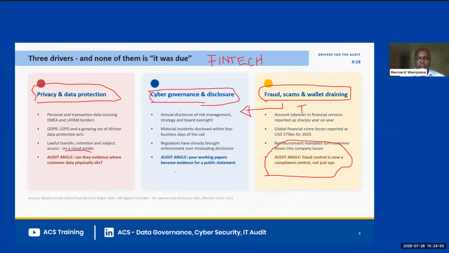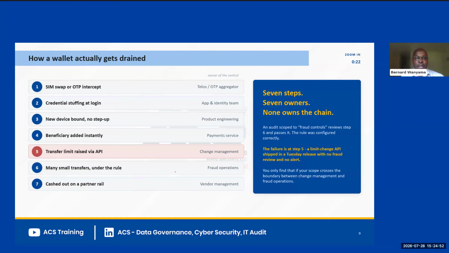There's going to be ever-present risk of the bank being compromised and wallets being drained and the losses being too big for the organization to bear out of such a scenario. So looking at where this might come from, in an example of how do we get a wallet drained, you might have it originating as a SIM swap, where the OTPs are based on SMS messages that are sent to a client's registered phone number.